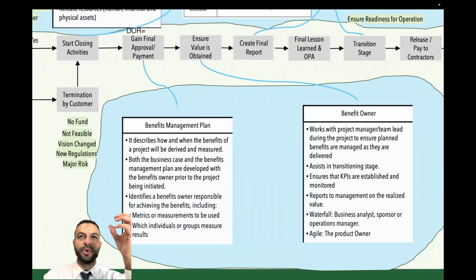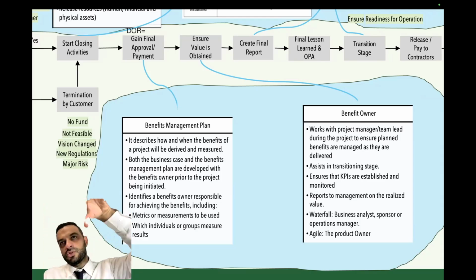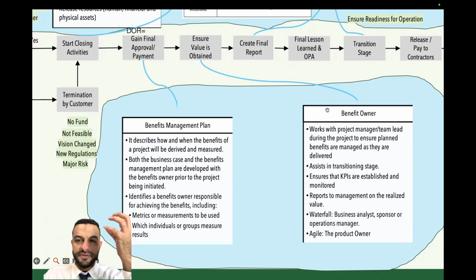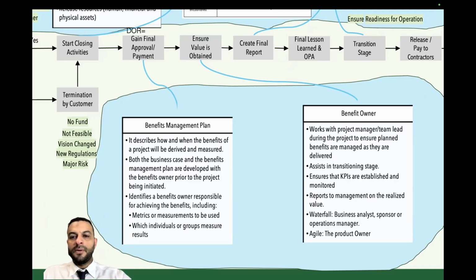in the waterfall, the sponsor or the customer. In agile, the product owner or the customer. In both scenarios, the one who realizes the benefit, we name here as the benefit owner. So the benefit owner works with the project manager and the project team to make sure that everything is finished properly. Normally, in waterfall, it's the sponsor or the operation manager, maybe the customer, and maybe the